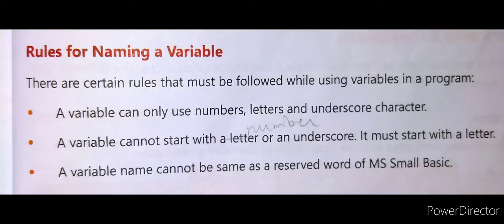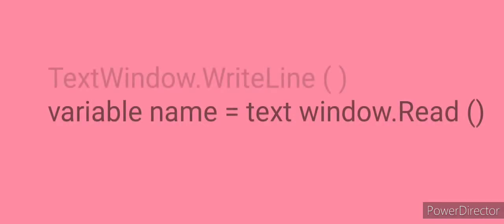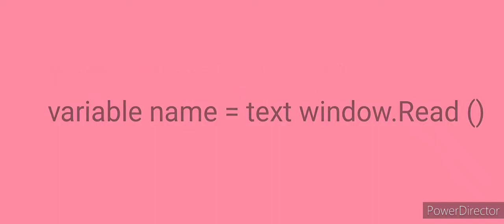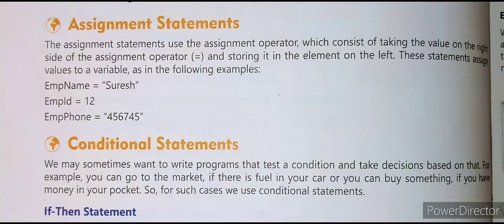Is it clear? Now listen, in the output statement only whatever we are giving, it will print. In the input statement, you can print any name. Name equal to TextWindow.Read. You can print your name one time, another time you can type your friend's name. So that is a read and print statement. Age also, you can print your age, or next time when you run the program you can enter another name.